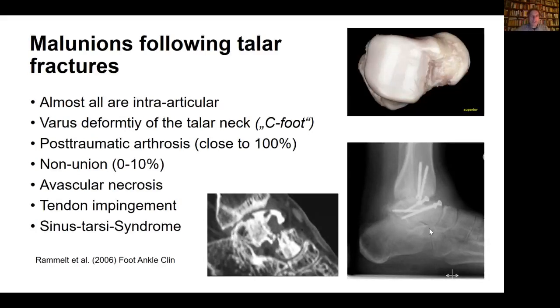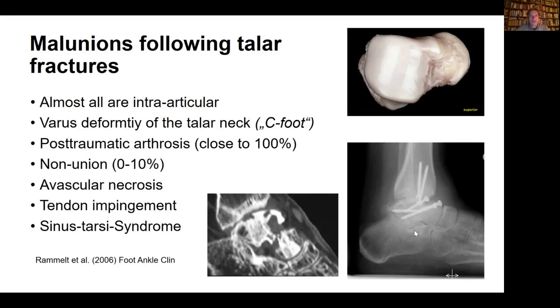Avascular necrosis is a common problem after talar fractures, and we have to distinguish between necrosis that leads to a collapse, like in that case shown here, and necrosis that will automatically appear if you do an MRI scan a few weeks after a talar body fracture. The blood supply through the talar neck will be disrupted in any displaced fracture, so there will be some kind of necrosis in parts of the talar body, which will not be clinically significant.